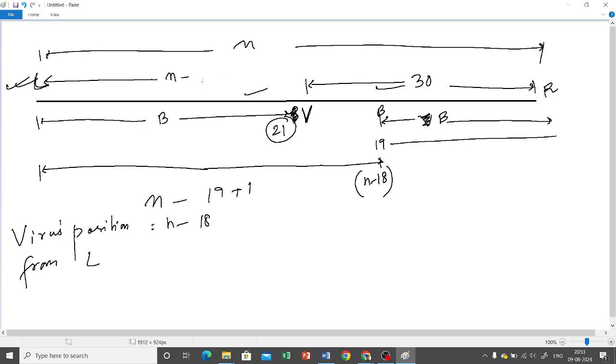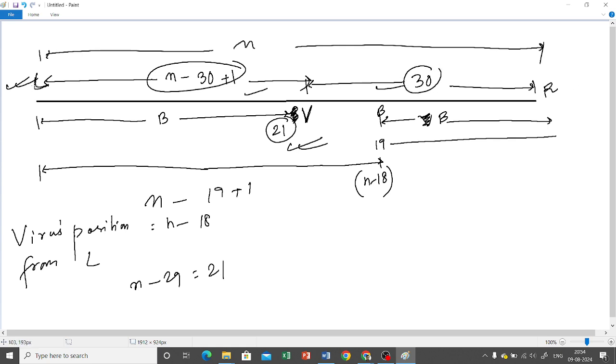তাহলে n মাইনাস 18 ইকুয়াল টু 30 নয়, এবার ভিরুর পজিশন ফ্রম দ্য ফার্স্ট সেটা বার করতে হবে, that is n minus r plus 1, আবার সেম ফর্মুলা অ্যাপ্লাই করলাম, যেটা দেবে n minus 29। এবারে n minus 29 ইজ ইকুয়াল টু 21। আরে 30টা হচ্ছে পজিশন ফ্রম দ্য রাইট সাইড, তাহলে লেফট সাইড থেকে পজিশনটা কত হলো? n minus 30 plus 1, আর এই n minus 30 plus 1 হচ্ছে ইকুয়াল টু 21, কারণ ভিরু তো এখন 21st পজিশনে আছে, তো সেখান থেকে আমি n পেয়ে গেলাম 50।